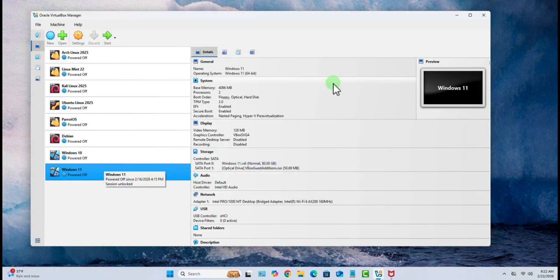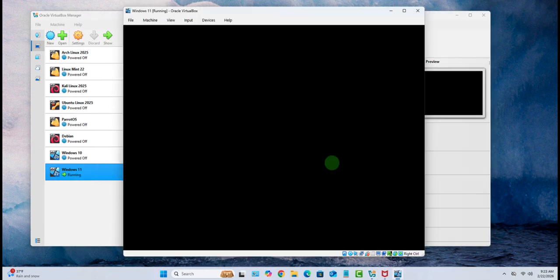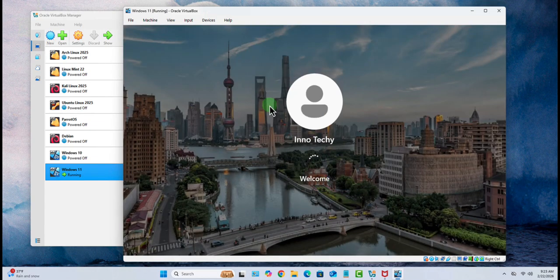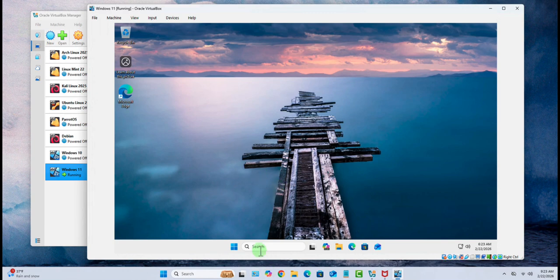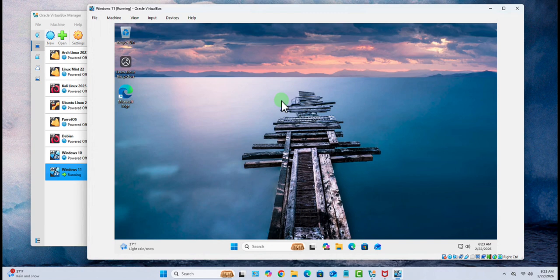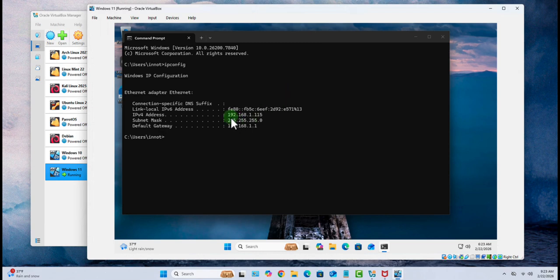The next thing we'll do here is we'll start this virtual machine, and then we'll verify that we have an IP address that's on the same subnet as our host machine, and we're receiving the IP via DHCP. So I'm gonna go ahead and start this virtual machine. Alright, I'm gonna log into the virtual machine. Now I'm gonna open the command prompt. I'm just gonna search for cmd here. Then we'll run the command ipconfig to check the IP. The IP is